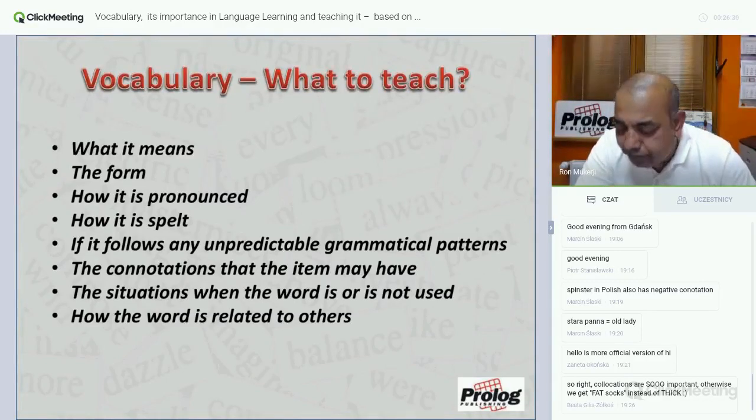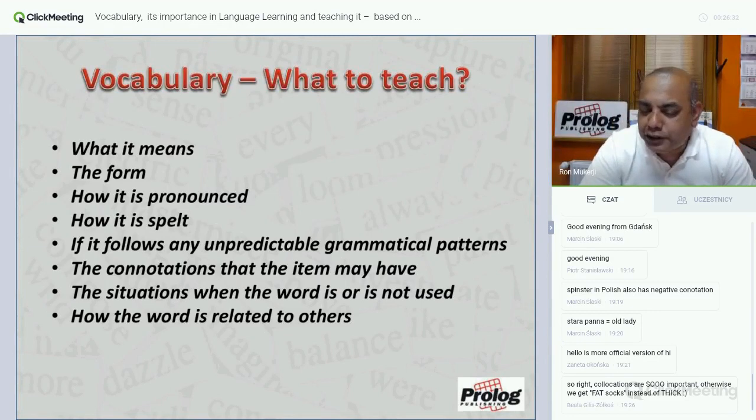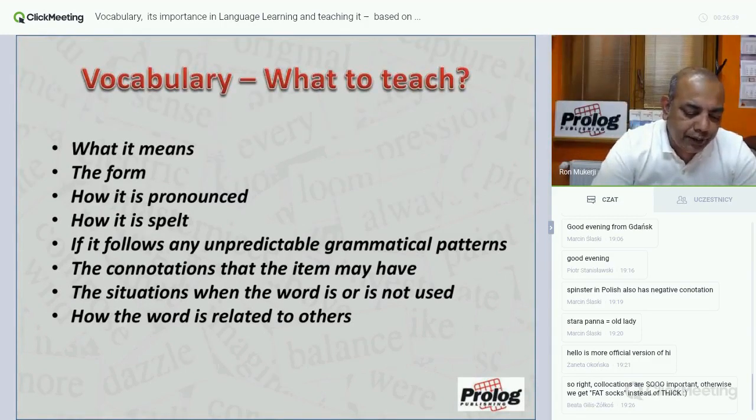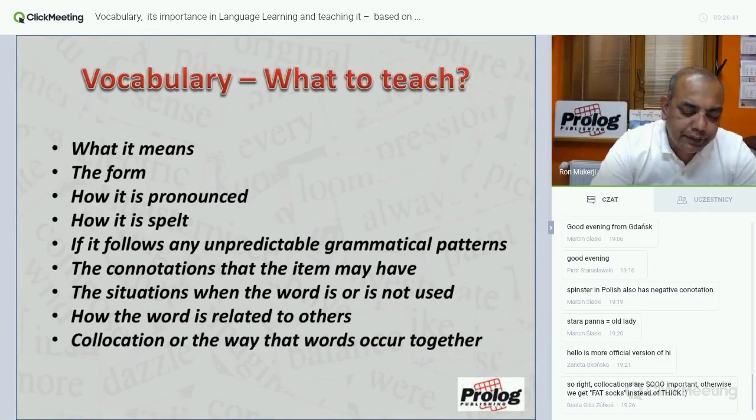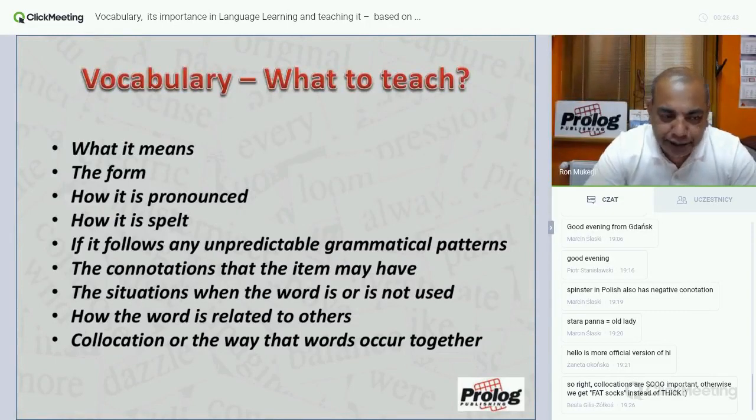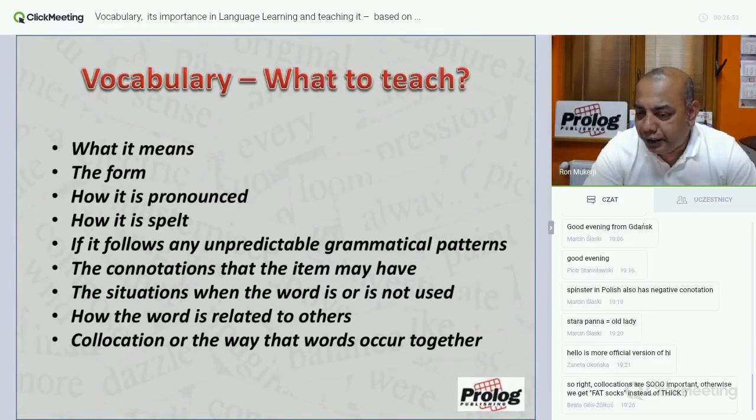Oh, perfect example from Beata. She talks about fat socks instead of thick socks. So, absolutely. Thank you again, Beata, for that. Okay, so let's come to what Beata just mentioned. Collocation. You can use fat with other things, but not with socks. Then it's thick. You can have this argument about a dictionary, whether a dictionary is thick or fat,